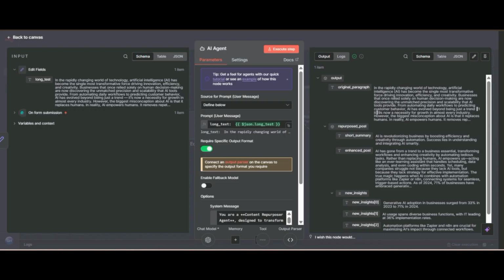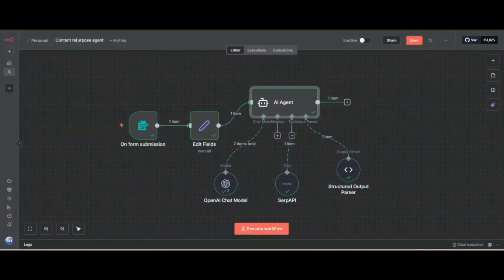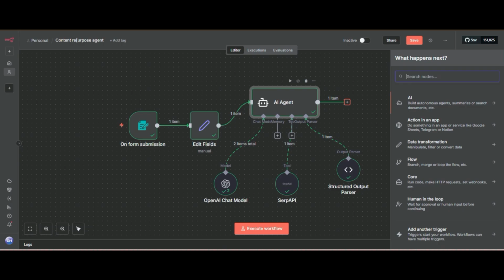Why do we need the short summary or new insights? So here we have five data, but we only want to pass the enhanced post.